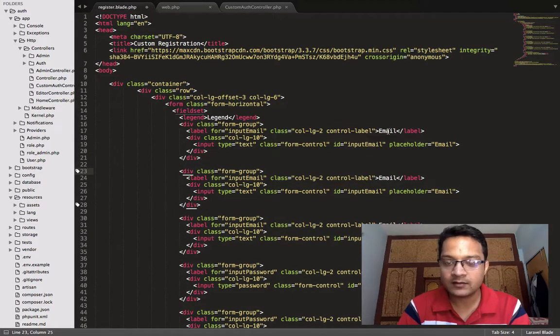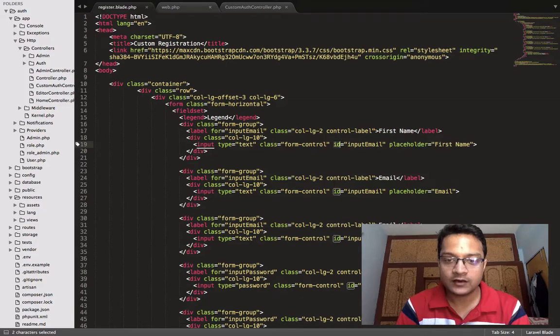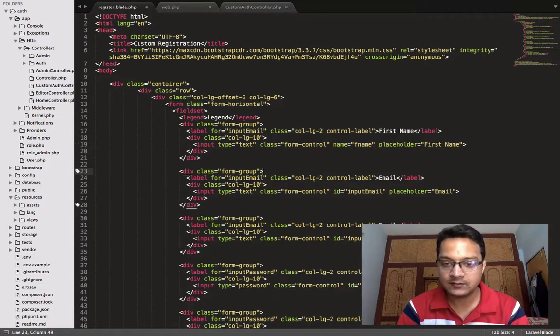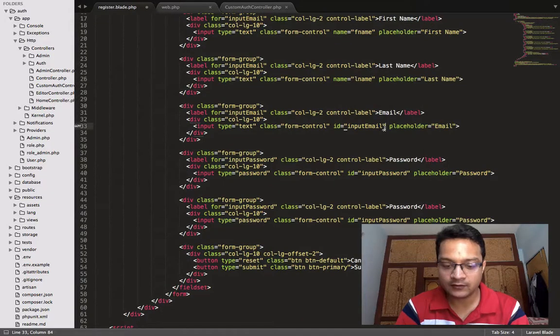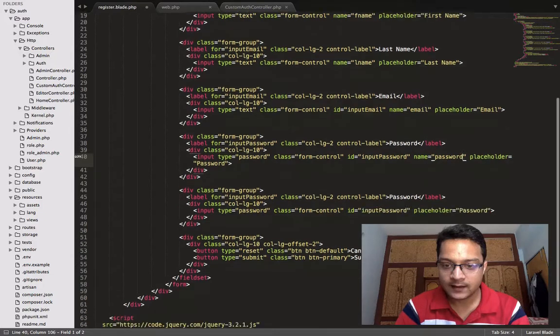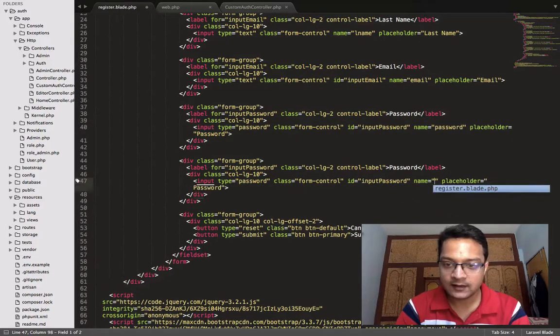Okay, now here will be first name, and here I don't want any ID, so it's good. I have to give a name. Name will be fname, and similarly it will be last name. Placeholder will be last name. Don't want any ID. I want name of lname. Email is good, but we have to provide a name also. Name will be email. Password name will be name is equal to password, and confirmation password will be having a name of